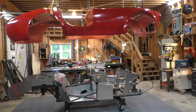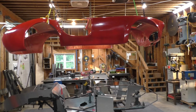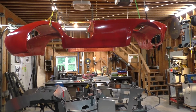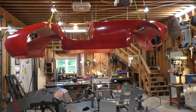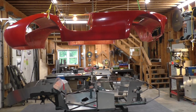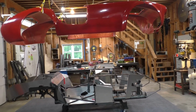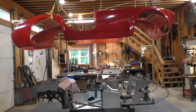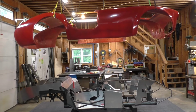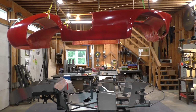These last few months waiting for the kit, I've spent working on my hoist arrangement. My goal was to be able to raise and lower this thing by myself. Seems to have worked out. Actually it was easier to do than I thought, I think in part due to the fact that the body is very light, lighter than I thought it would be, and also considerably more rigid. So I was able to do